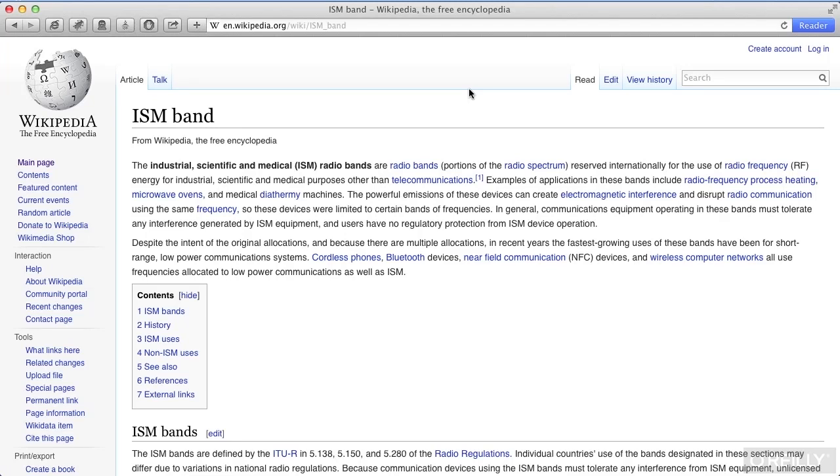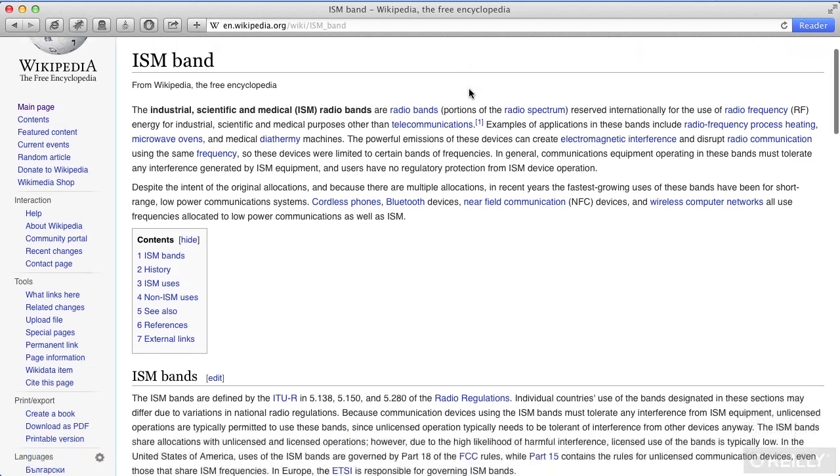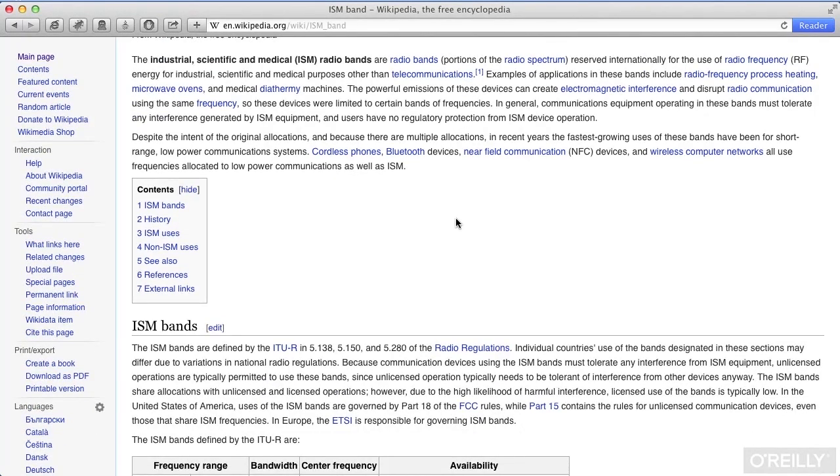I want to talk a little bit about frequencies. Since we're using wireless or radio frequency transmissions, we're really talking about sending signals through the air using particular frequencies, and those frequencies are how we actually carry the data across. A particular frequency ends up being the carrier for the signal we are trying to send, which is the data we're trying to communicate between two systems or between a system and an access